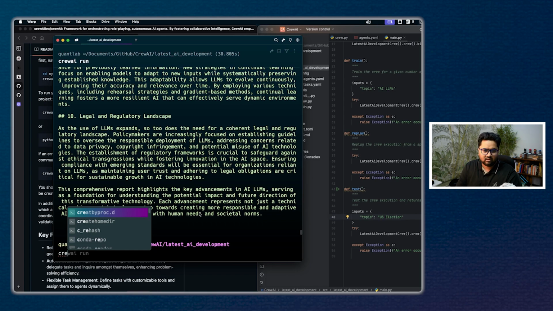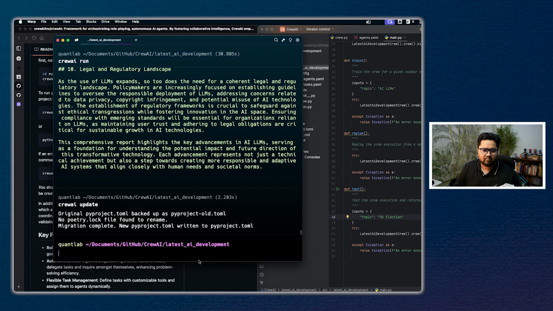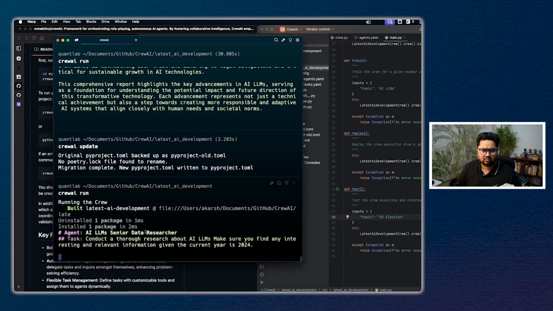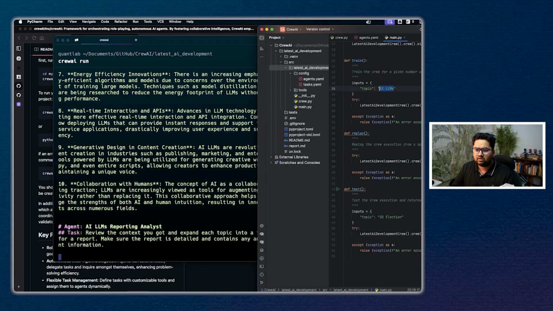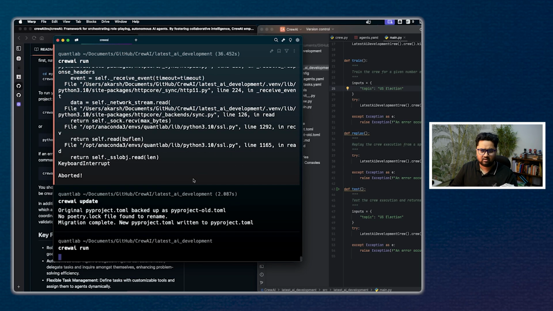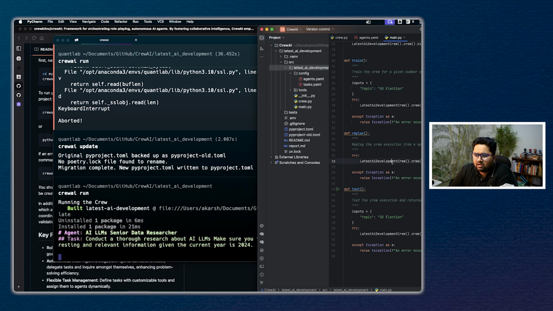Let me see if I can do crewai update. What does the update perform? Oh, no, poetry lock to migration complete. Okay, let's see if it still does the same thing. It still has the same topic. Not sure about other parameters. Okay, again, sorry, my mistake. I should do, just trying to see what places you need to make these modifications to work. Okay. Again, run an update. Again, run it. Did it change this time? The topic is still AI LLMs. It's still AI LLM. Probably,